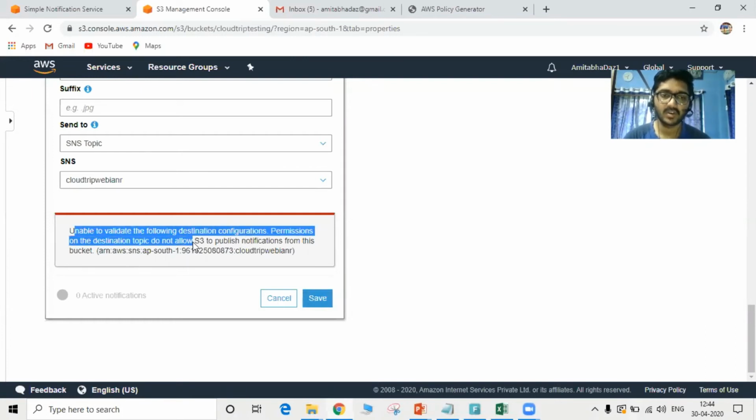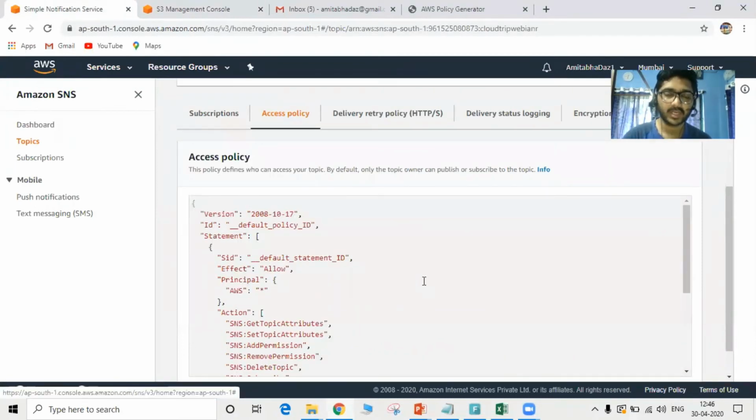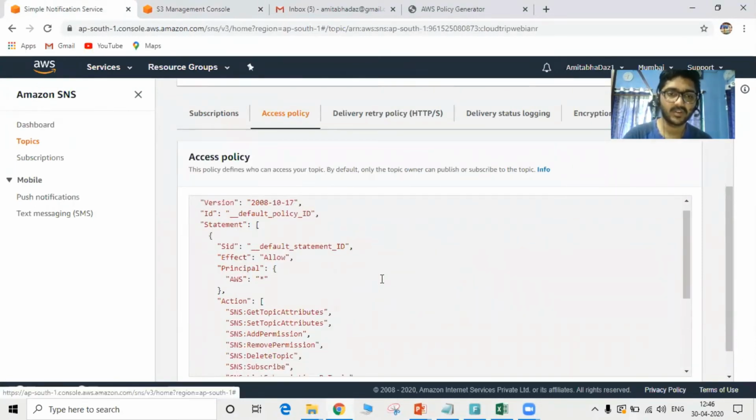Permissions on the destination topic do not allow the S3 to publish notification from this bucket. So my destination topic does not allow my S3 to publish notifications. So my SNS doesn't have the permission. So if you go to the SNS, click on access policy. If you take a quick look at the policy that is written over here,